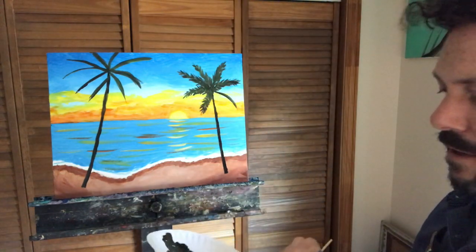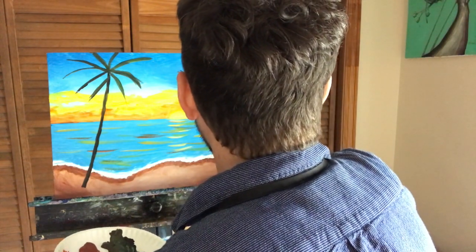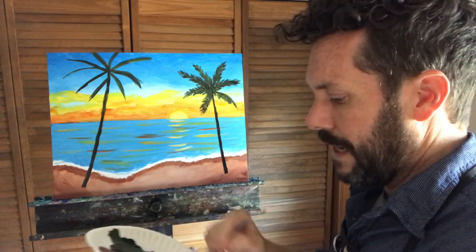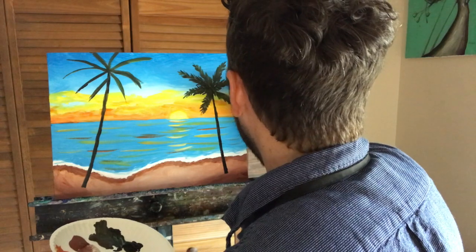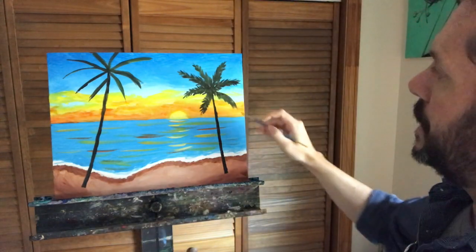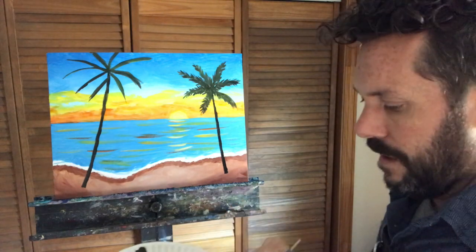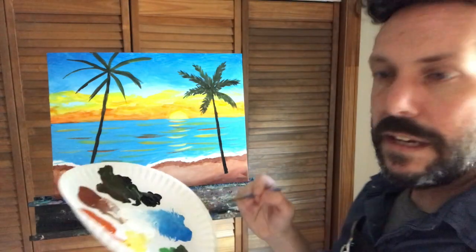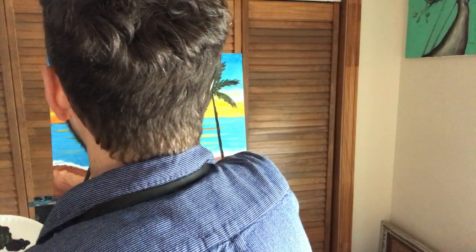Look at that, coming along. Some people like to add coconuts to their tree. You could do that if you want. Or put a little coconut on the ground. You can have this frond, maybe I'll keep this one frond, like you're seeing the side of it, so I keep it like that. So I keep adding some black and brown to my green, so it's a nice darker color. Okay, now I'll do these guys